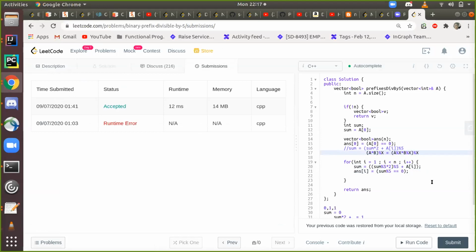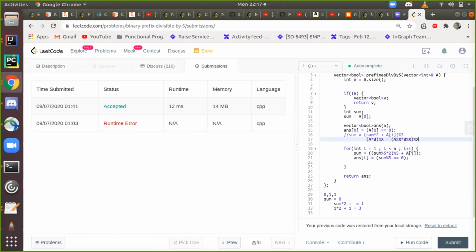A very important property is A modulo X. In rolling hash also we follow the same pattern, right? A plus B mod X. In one of our sessions, somebody discussed it. Yeah, exactly. So here you are going through the array one time, O(n).